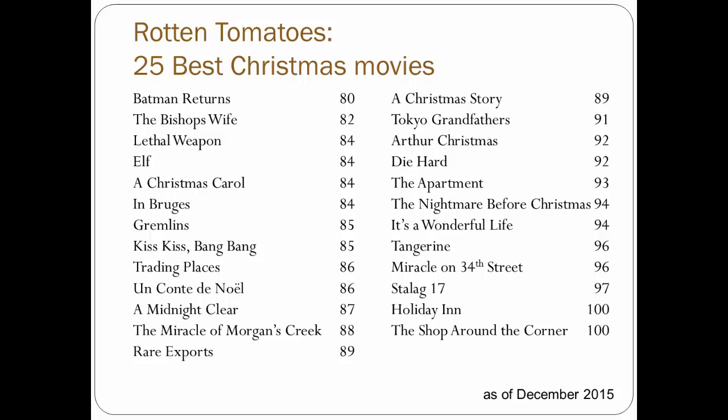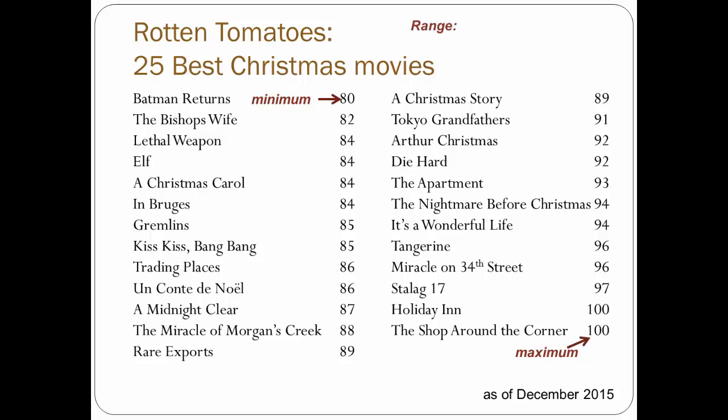Here is the list of movies that Rotten Tomatoes identified as the 25 best Christmas movies, along with their ratings. Now, some of these movies I've never heard of, and some of them I personally wouldn't classify as a Christmas movie. Notice the scores. The lowest score listed for this data set is 80 for Batman Returns, which came out in 1992, while the highest score listed is 100 for the 1940 movie The Shop Around the Corner and the 1942 movie Holiday Inn. This relates to the first three measures of dispersion: minimum, the lowest value in a data set, which in this case is 80, maximum, or the highest score in the data set, 100, and the range,